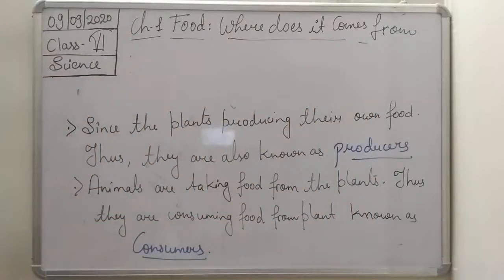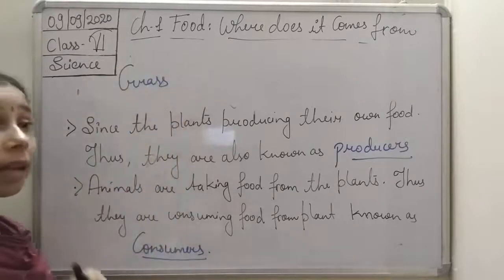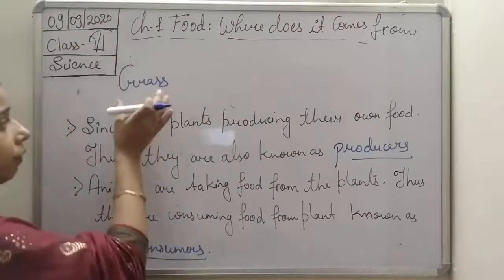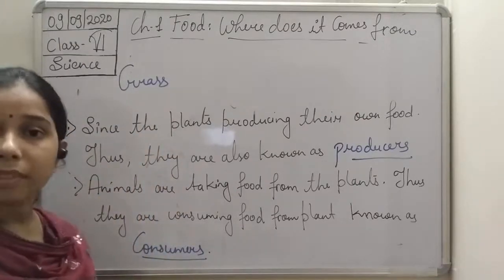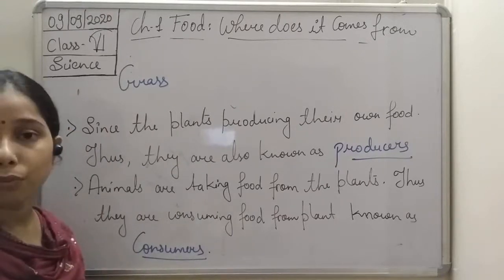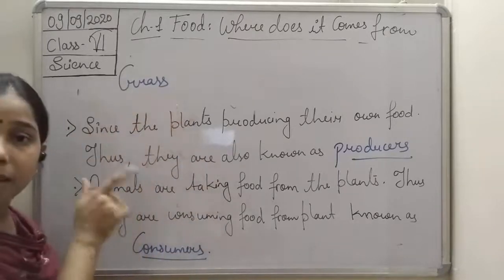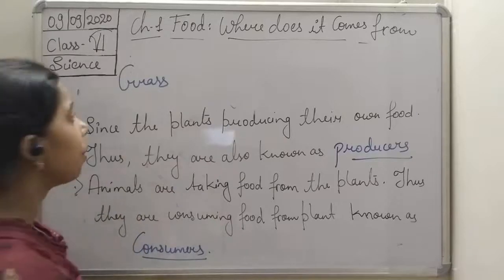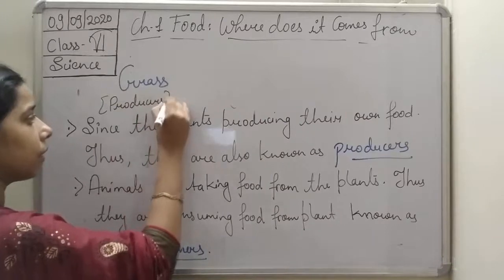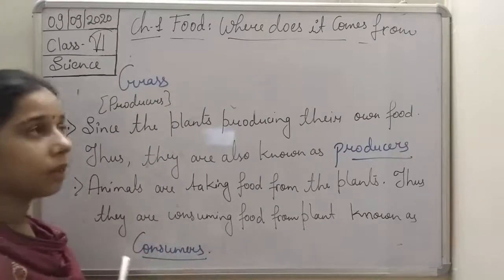So you see here student, if grass is there. Grass is what? It is a plant, right? Since it is a plant, we will use the term for the grass that is known as a producer, because it produces its own food by the process of photosynthesis. So that is why we will say that grass comes in that of a producer. Okay, so we will write here producer. Right? Grass are producers. Now, who eat grass? Grasshopper.